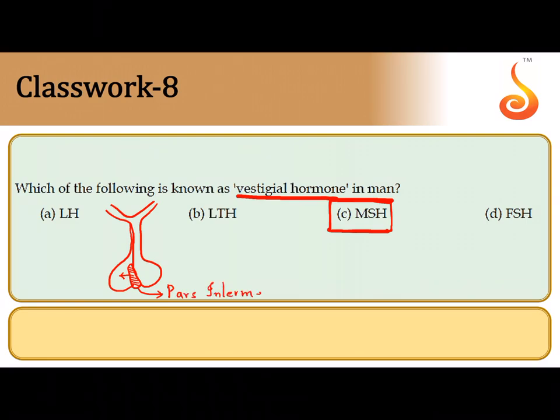And since it is highly reduced and it has almost become a part of the anterior lobe, that is pars distalis and pars tubularis, we call this pars intermedia a vestigial structure, as in it is highly reduced, and therefore the hormone secreted by the vestigial structure is the melanocyte stimulating hormone. So the correct answer is the third option, MSH, melanocyte stimulating hormone.